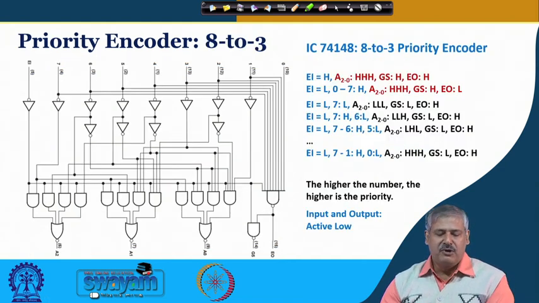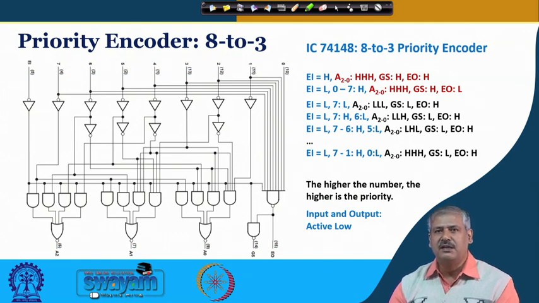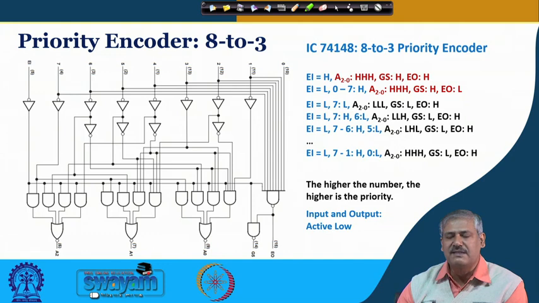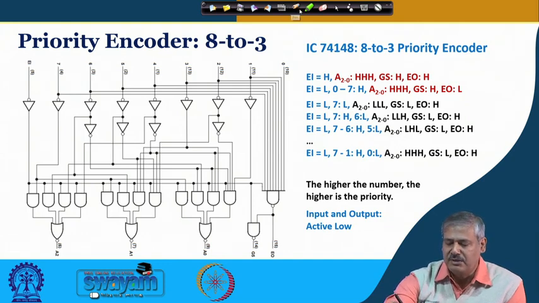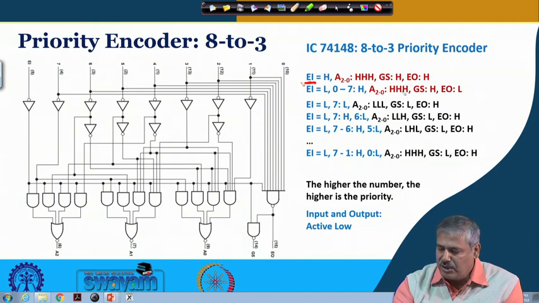Similarly, for the 8 to 3 priority encoder, this is 74148, an IC where you can see the same concept, but we have taken this one to make you understand how cascading etc. is done in encoding operation as well. Here, other than the basic circuit, you have one enable input and two outputs. This is group select, and this is